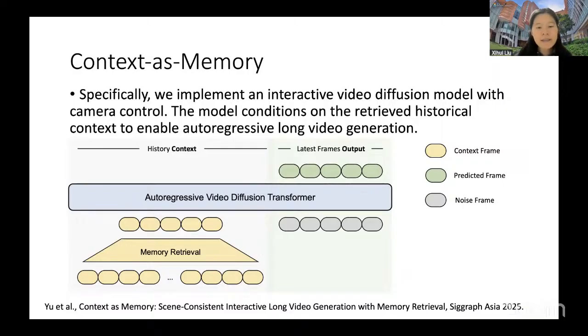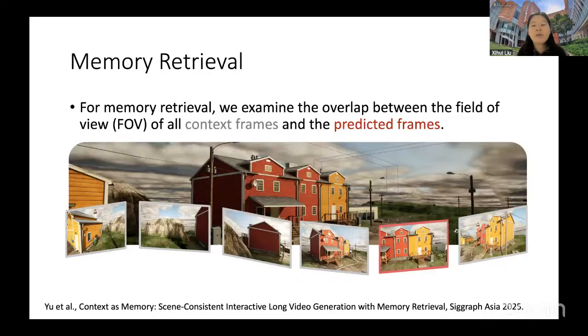So the key question now becomes how to design the memory retrieval module. Actually, the memory retrieval module can be implemented in many ways as long as we can pick the keyframes from historical context. But in this work, we use a most straightforward way because we assume that the world model has user action as input, which means that we know the camera pose of each frame, which are provided by the users.